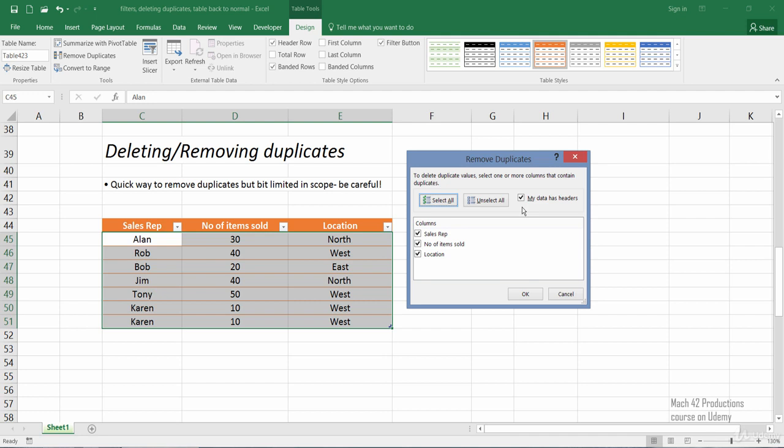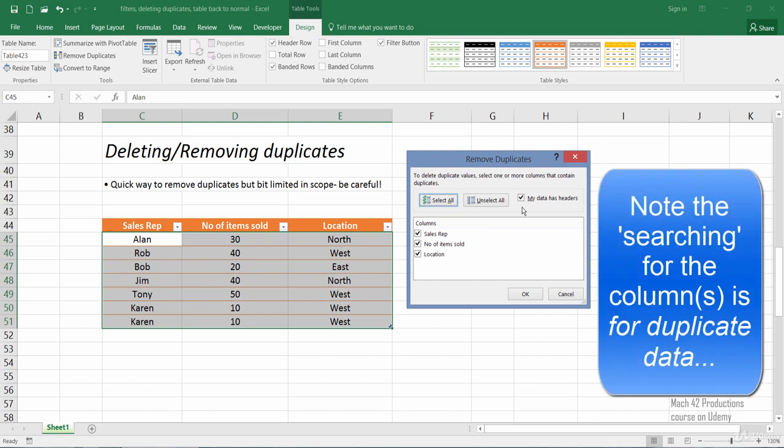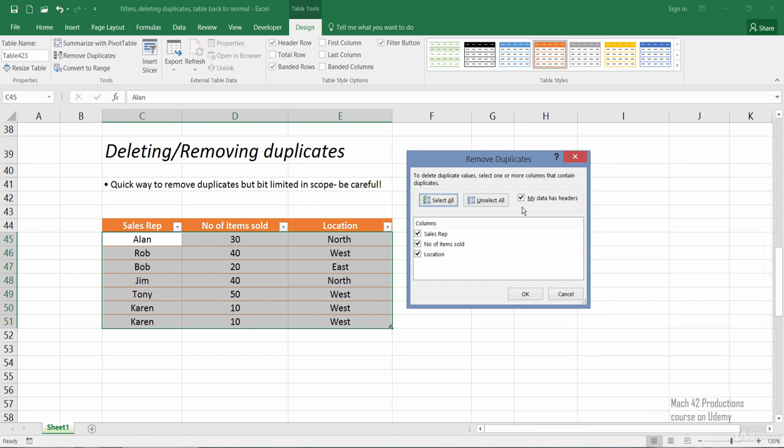Now, it's a bit tricky initially to understand how this works. So basically, what you're telling Excel is search for a column and delete duplicate values in that column plus other columns. So how to use this is you look at where you want to find your duplication of data. Now, if you know that you have exact rows of data which are duplicated, then you would leave all your columns ticked. And if you press OK, Excel would then go and find out where you've got duplicate